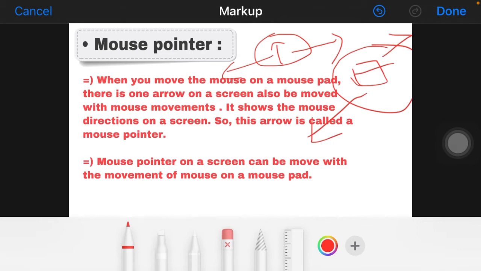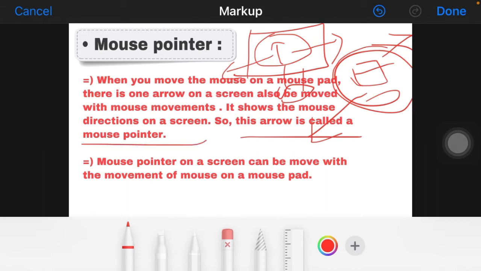It shows the mouse direction on the screen. This arrow shows the direction of the mouse, and it is called the mouse pointer. The mouse pointer on the screen moves with the movement of the mouse on the mouse pad. Whatever direction or command we give with the mouse, that movement occurs on the computer screen with the help of this arrow.